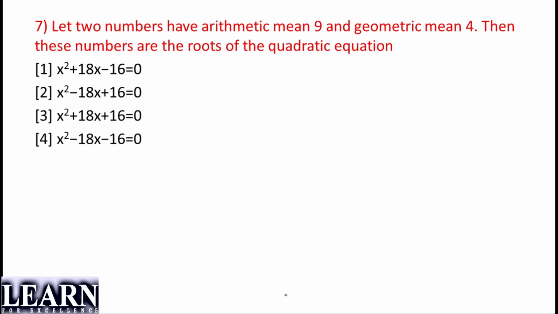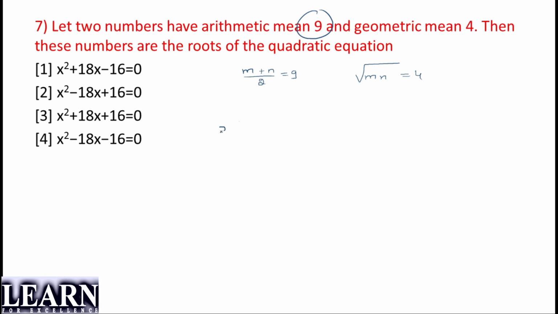So what if they have given some different values? What if they have given different options with different numbers? At that time it will be complex, right? So first I'll solve it directly, then I'll let you know what if it is different. Okay. Now look here, it is talking about arithmetic mean. So I can tell m plus n divided by 2 is equal to arithmetic mean, where m and n are the roots. If I'm talking about geometric mean, square root of m times n is equal to 4.